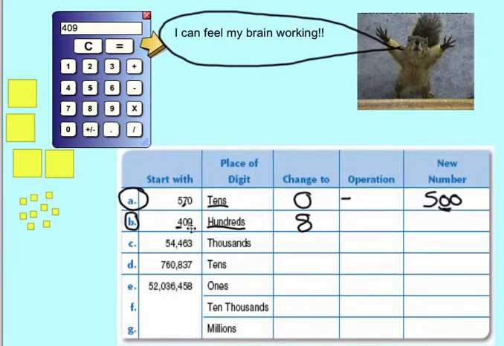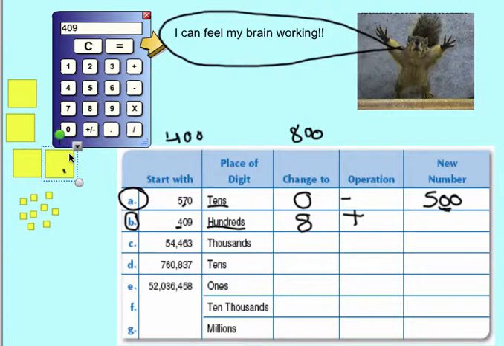Well, we know that 800 looks like this, if I'm changing it to 800s, and 400s look like this. So what do we have to add on? We have to add on 400 somehow, all right? And so we're going to need to add to get to a bigger hundreds. And over here, I have made my number 409. Here's 100, 200s, 300s, 400s, and then my ones, 1, 2, 3, 4, 5, 6, 7, 8, 9, so 9 ones, and 400s. I need to get to 800s, and I have 400s, so I am going to have to add